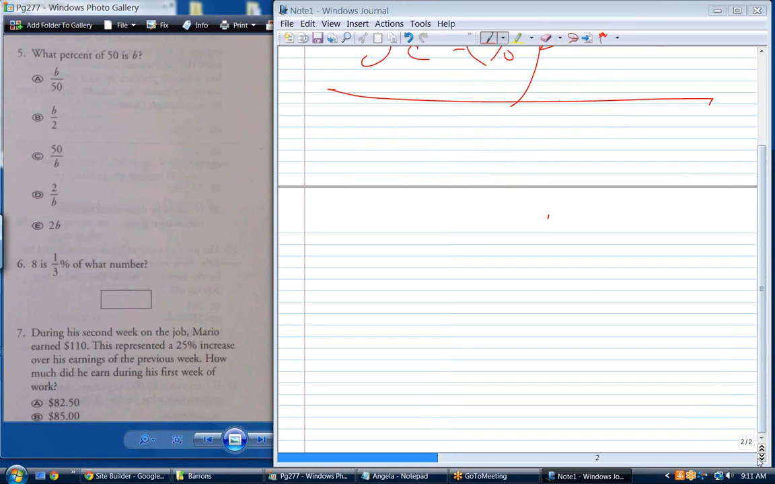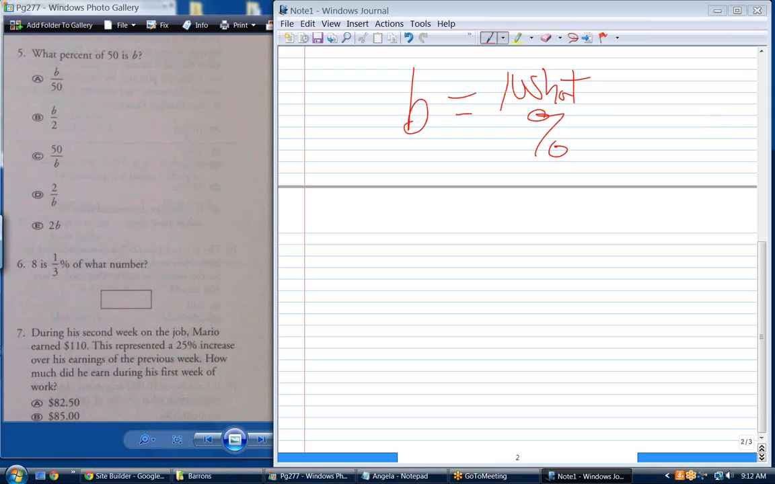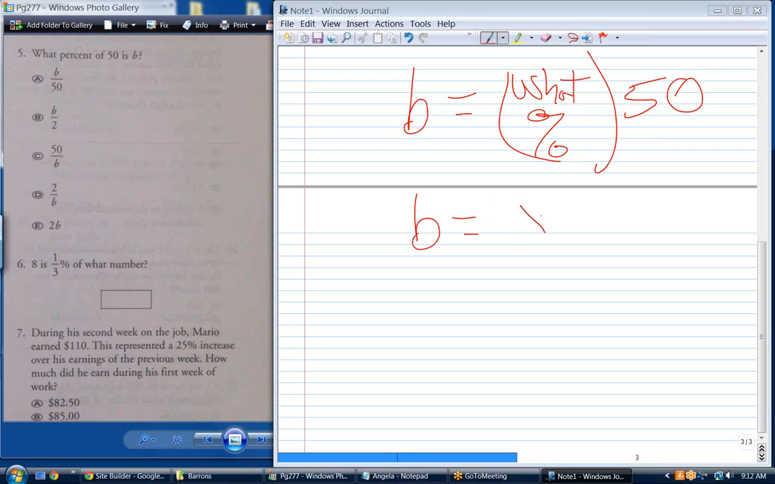Now, this one I found particularly difficult. So let's write an equation just like we just wrote. What percent of 50 is B? Okay, so 50 times percent equals B. Yeah, B equals what percent times 50? Well, let's make what percent say X, and whether I say X or X over 100,